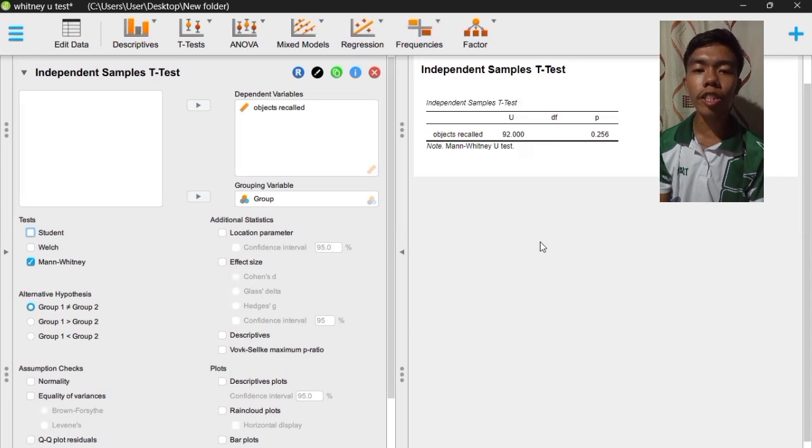Again, since the p-value is greater, we failed to reject the null hypothesis, accepting it.